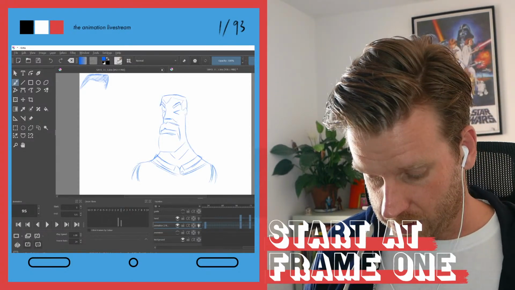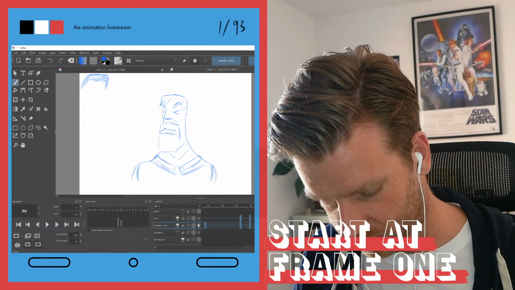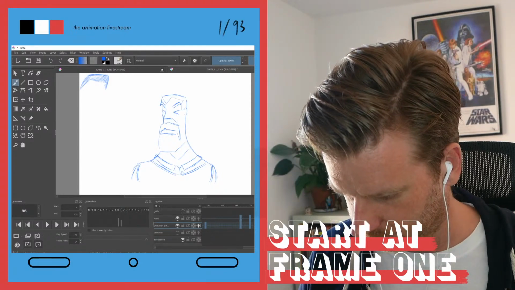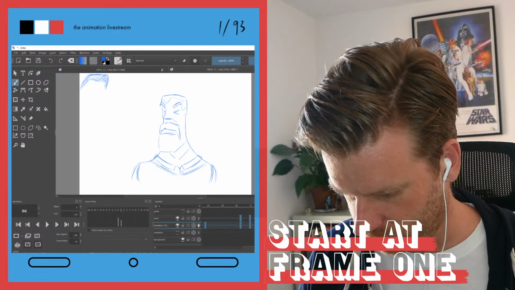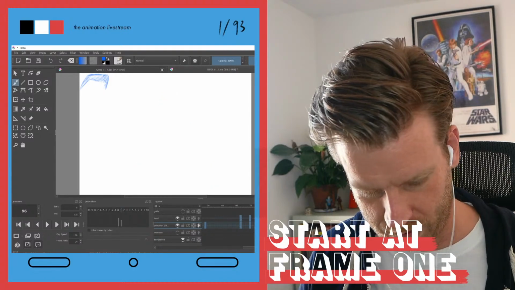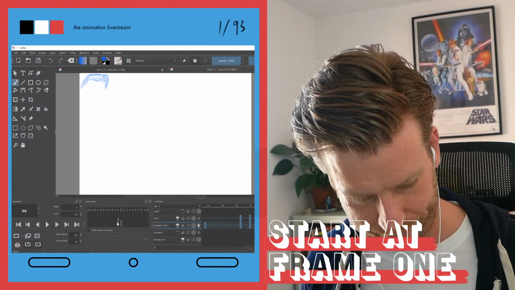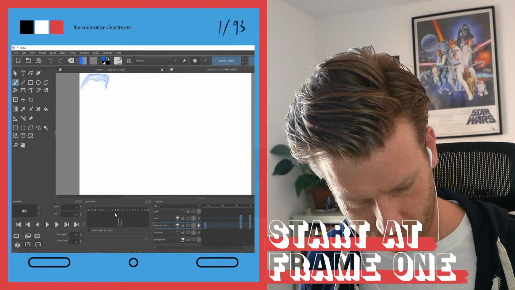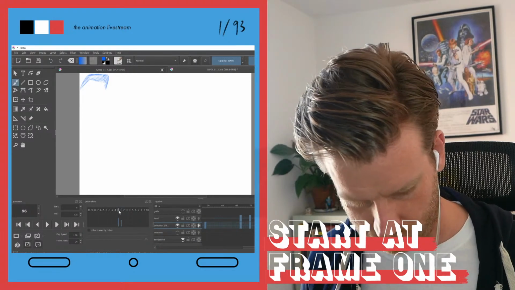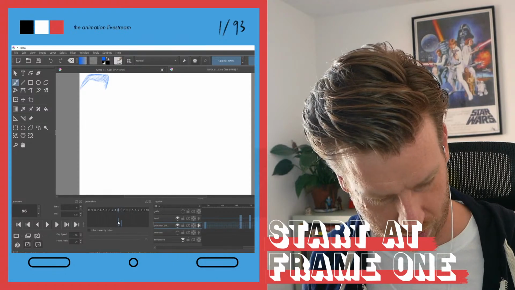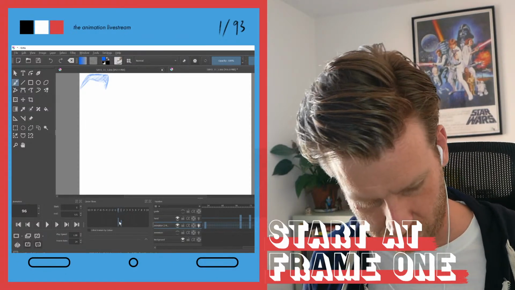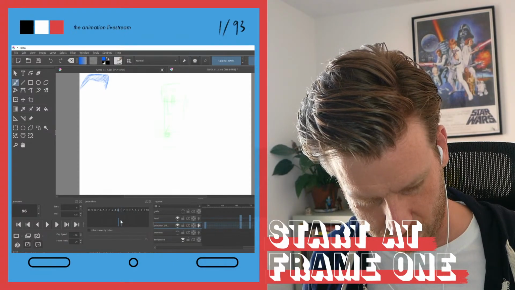So yeah, Krita, there are a bunch of things that seem to still be an issue. Another issue, I just activated the onion skin, but I don't see any onion skin at all, so I have to